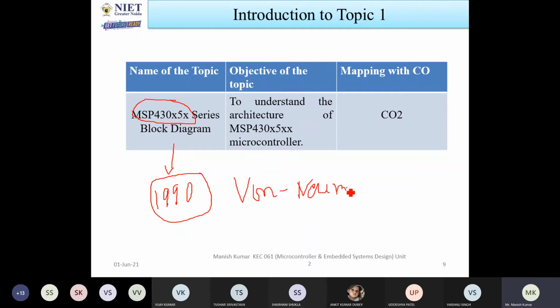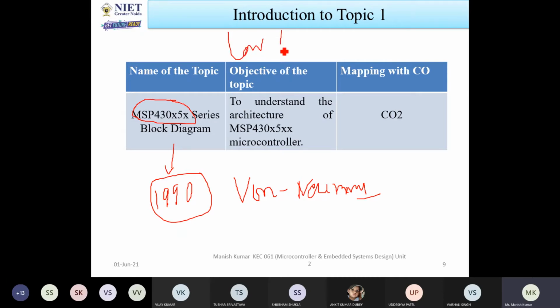There are two types of architectures supported by microcontrollers or microprocessors, von Neumann or Harvard architectures. This architecture is based upon the von Neumann architecture. Also, the main feature of this MSP430 is that it is designed for low power applications.